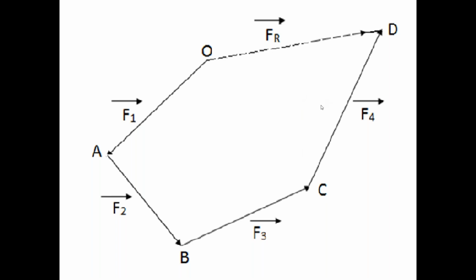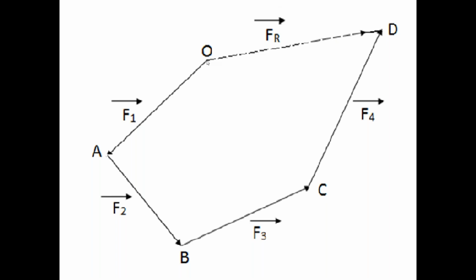In that open polygon, the closing side of the polygon. What is that closing side? From point O to point D, not from D to O. From point O, the starting point, to the ending point. From point O to point D is called the closing side of the polygon. On that closing side, indicate the direction at point D, so that this direction is opposite to all the remaining directions. The direction on the closing side of the polygon is opposite to all the remaining directions.